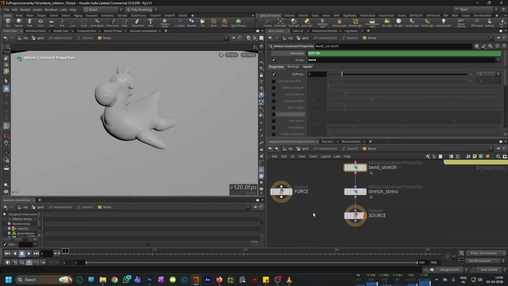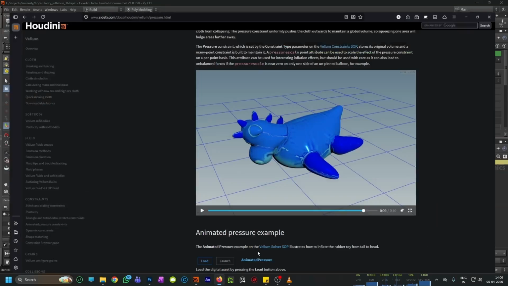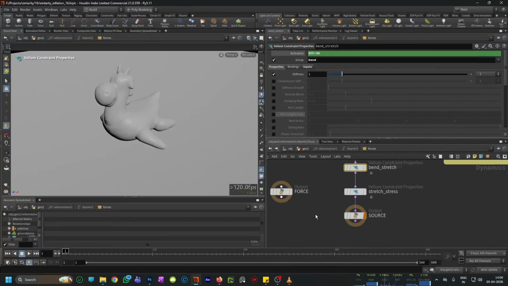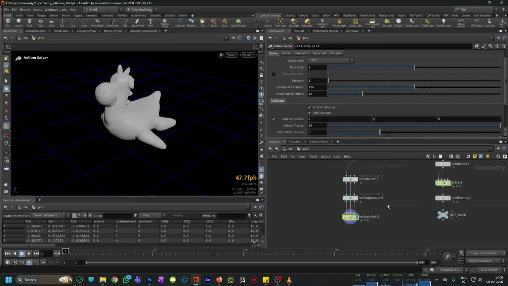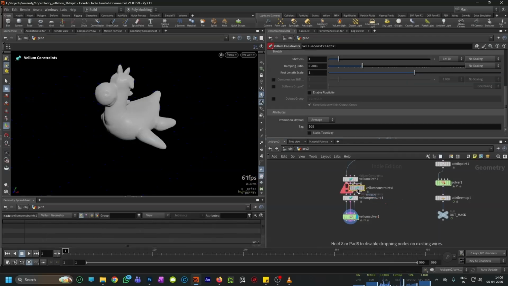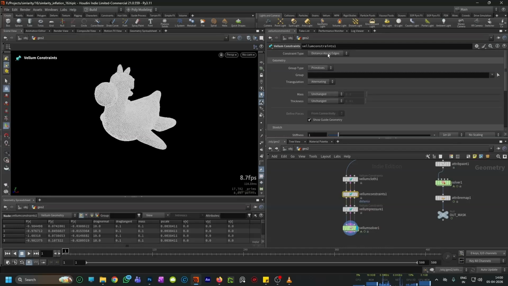So I think we have created up till what the side effect example showed here. Now if you want to control this more, to get the look of the original shape as much as we can, we basically use one more thing here. Let me show you. We can create another vellum constraint here, and we can plug it here,